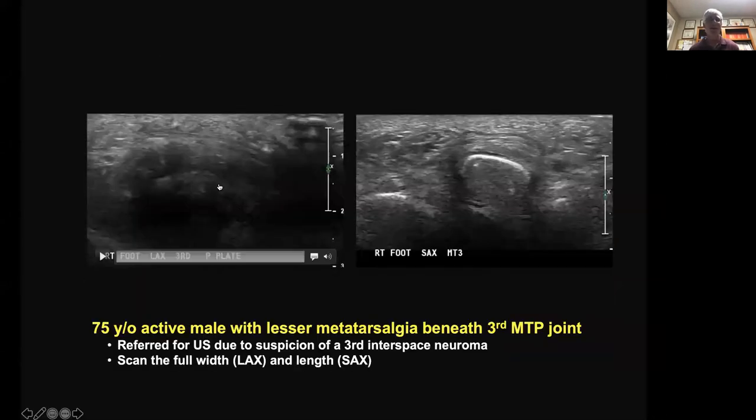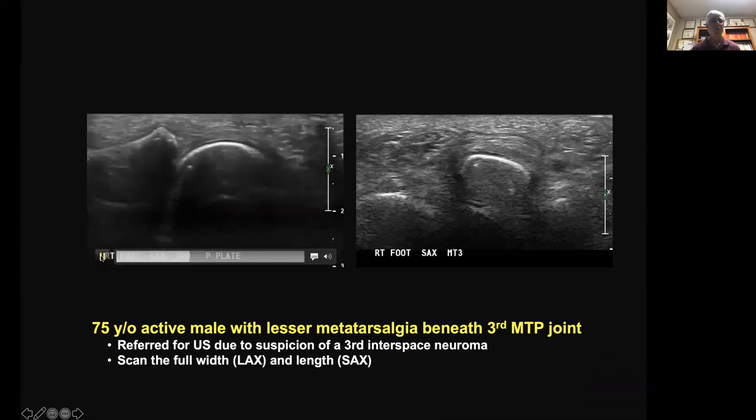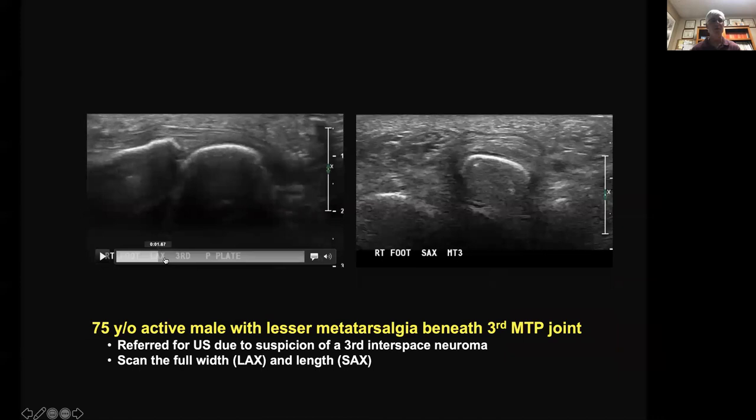And this is a case from 2 days ago. So I just threw this in at the last minute. And this is a 75-year-old active individual who was referred for a possible third interspace neuroma. And at the third MTP joint, and this is in long axis, and I'm just translating the probe medially and laterally. So this is medial, and I'm going